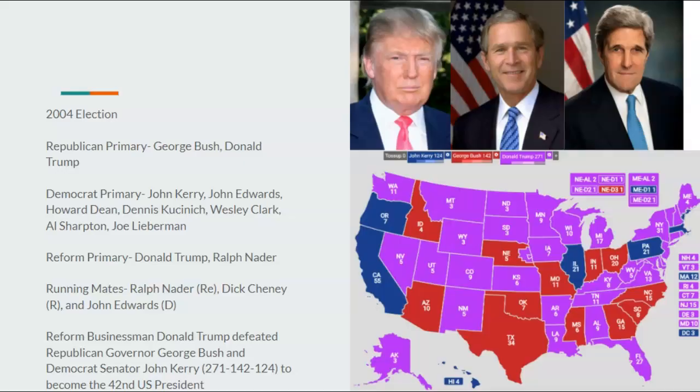Okay. In the 2004 election, Donald Trump is back again with a vengeance. 9/11 happened. And Donald Trump and the Reform Party, they are furious with both Bush and the Democrats. They're just pissed off. They're done with it. Donald Trump says, Bush, you have failed this country. You knew about these threats. You did. And did nothing about it.